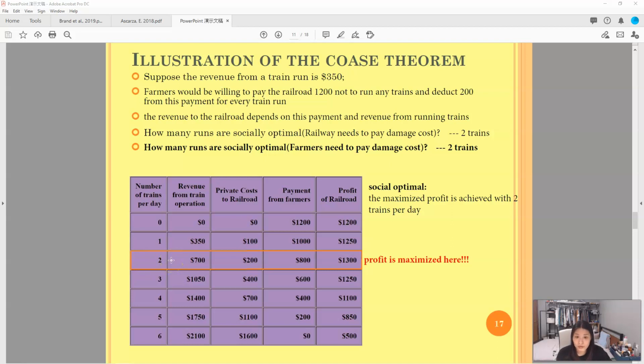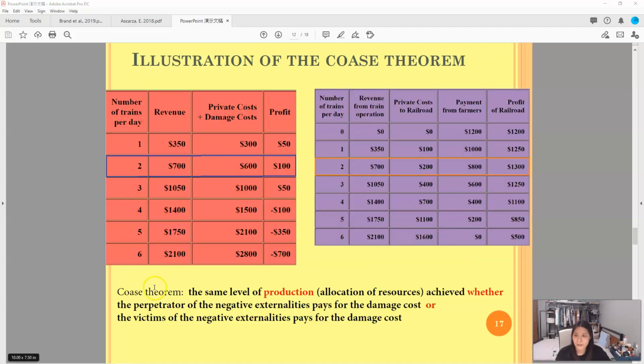So there's no difference, right? Here is just an illustration of the Coase theorem. The same level of production or allocation of resources, and in this case, is the number of train runs per day, is achieved